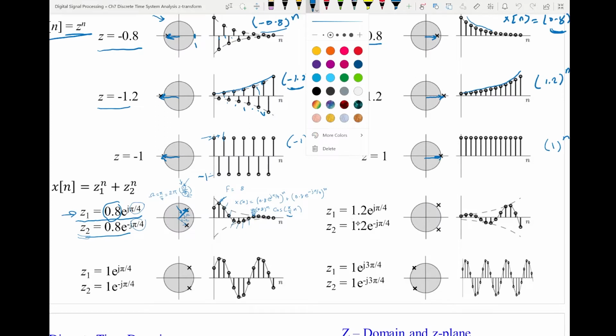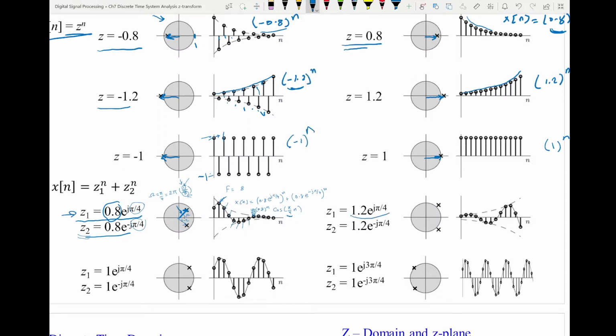Now if z1 is 1.2 e^(j pi/4), that will be this one. So it's outside the unit circle. And then because this is complex, now we need to have its conjugate, which will be here. And again, I can express x of n here to be 2 times 1.2^n cosine pi over 4 n. Same oscillation as this one, but here the magnitude is larger than 1, so the sinusoid will increase with time, or with